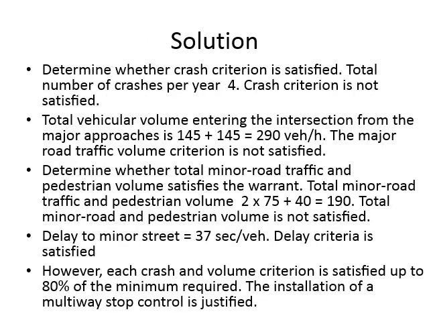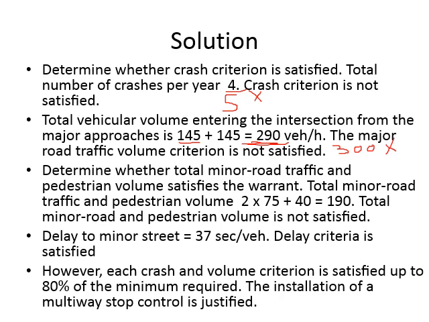First of all, we have the crashes given per year. Now our criteria for crashes: the crashes given are 4, and my criteria is 5. It must be 5 or more, so this criteria is not met. Okay, then the other criteria was the number of vehicles coming from both approaches of the major route. So from one approach I have 145, so 145 into 2 will give me 290 vehicles per hour. And the criteria here was 300, so you are getting less than 300, so this criteria is not met.